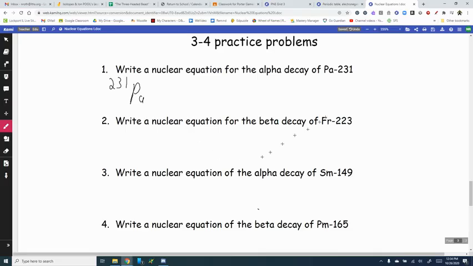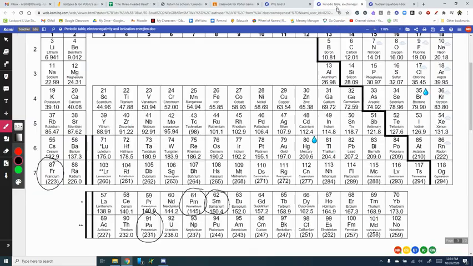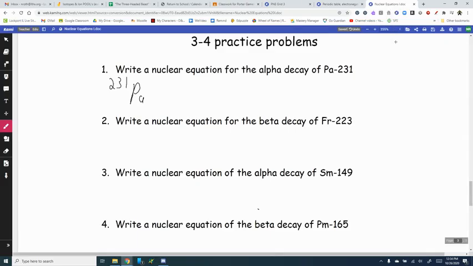Next, we need to find the atomic number. Now, the atomic number is going to be in the periodic table. So we find Pa, it's right there. Atomic number is 91. Okay, so we go back here, we write 91 in the bottom left. Okay, so that's where the atomic number goes. Then, since this is a decay, we are going to do an arrow, and we're going to figure out our